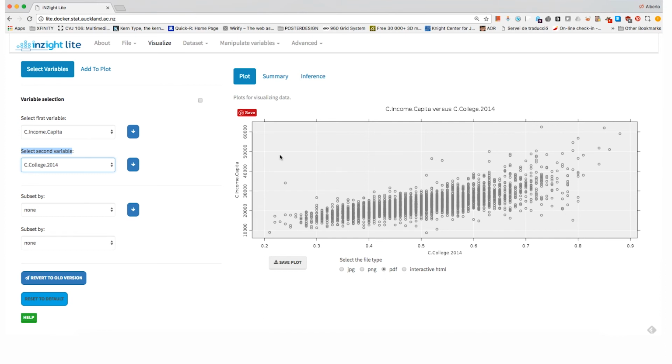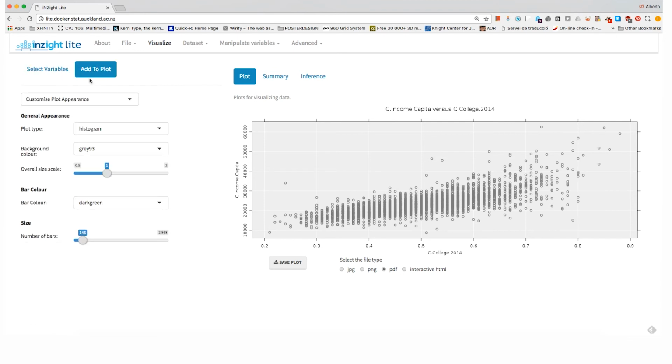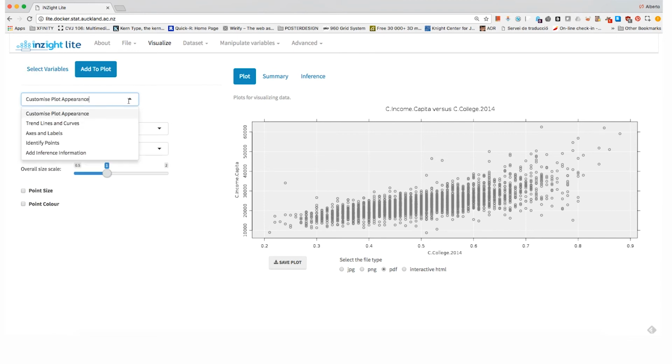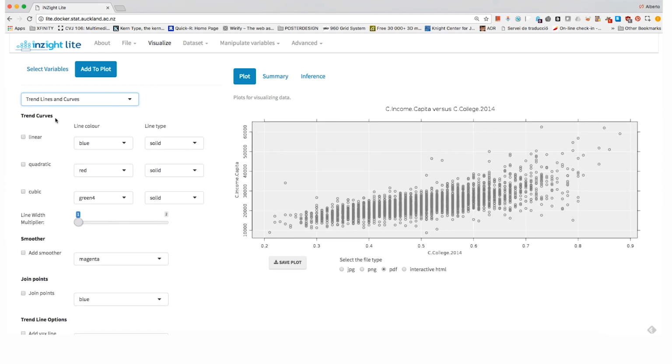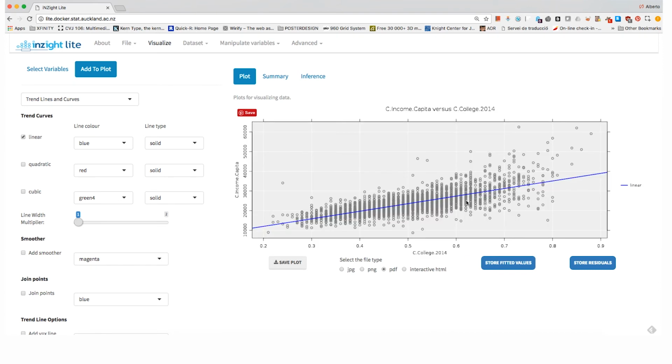Fortunately, we can plot that directly with Insight. I can go to add to plot, okay, up here, add to plot. Open this upper menu over here and select trend lines and curves. When we do that, we could select linear model, and that will trace a line that shows us, this is called the line of best fit, which is the line that better describes the underlying data. If we could more or less average the positions of all these points over here, the result will be this straight line over here.